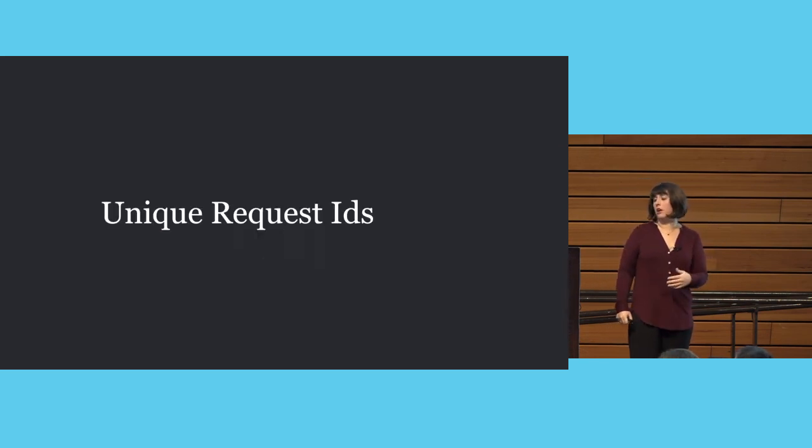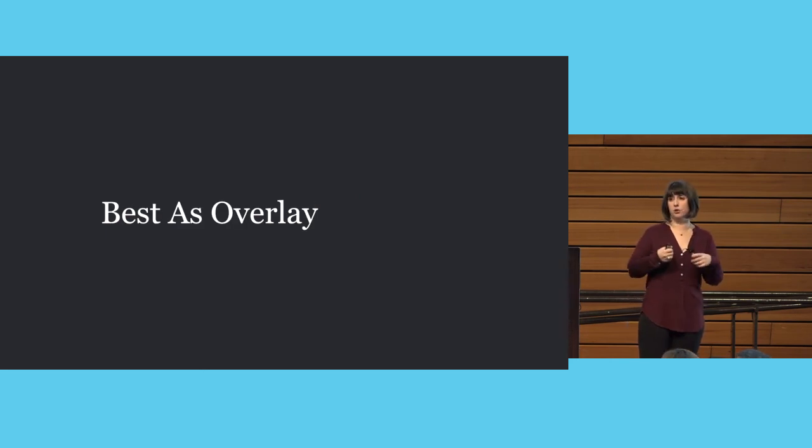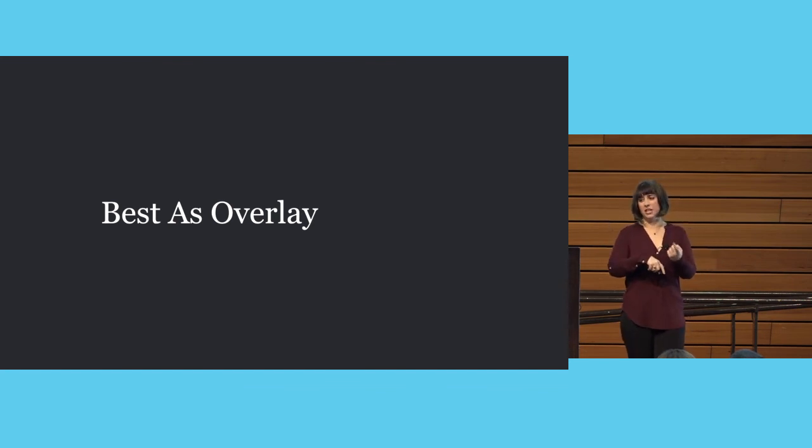And this often comes as a unique request identifier. Usually passed in as a header if you're doing REST. If you're doing something like gRPC, you can add metadata to tags. And this is added to every single request in the system. And that's really important, because if every application isn't participating in request tracing, you're not going to get the full picture. So this works much best as an overlay system. Another one of those single points of failure, but it's actually really good to have as a single point.